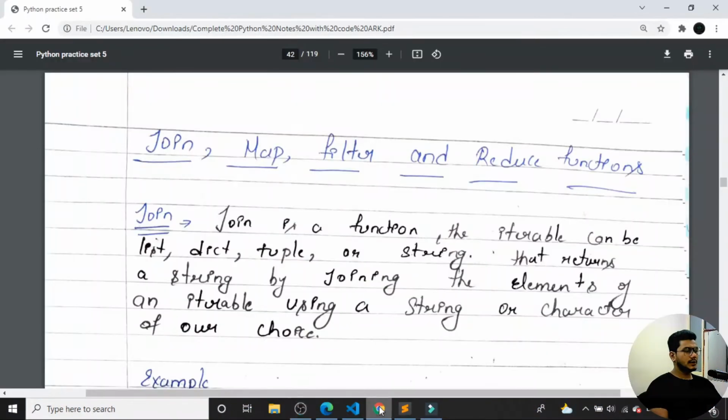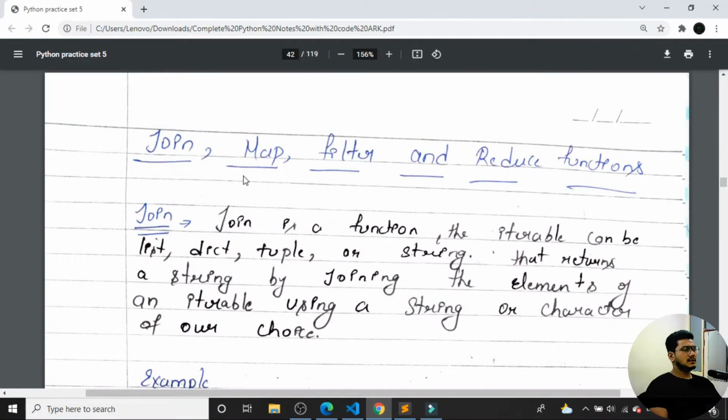So as far as we have come across most of the concepts of Python. Next, I think we'll be moving on to object oriented programming after this particular video. So in this video, let's see the benefits of the join, map, filter as well as reduce functions. We'll see the related things with the join, map as well as the filter functions. Then we'll be moving on to the concept of reduce functions. We'll see with an example how these concepts are related with each other and why we are using them. Okay, so finally guys, I'll just open the particular notes from here.